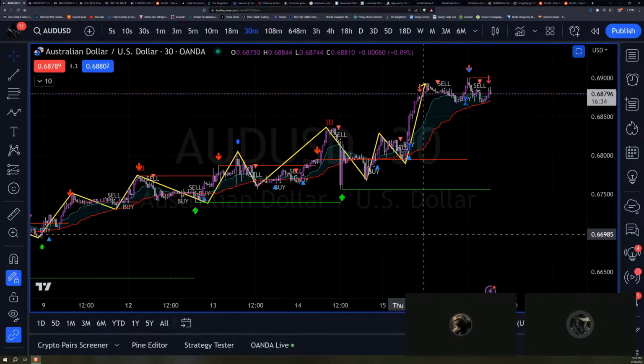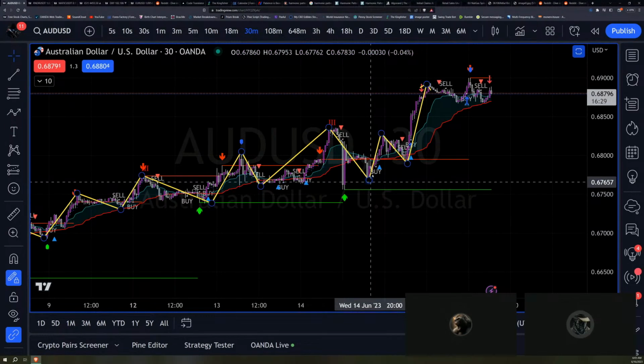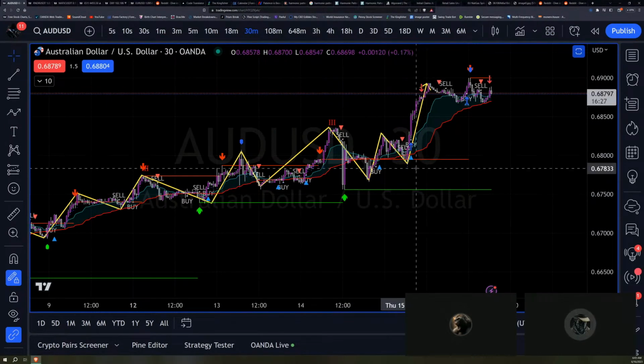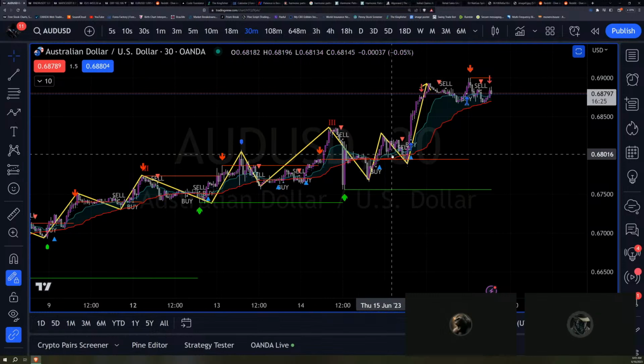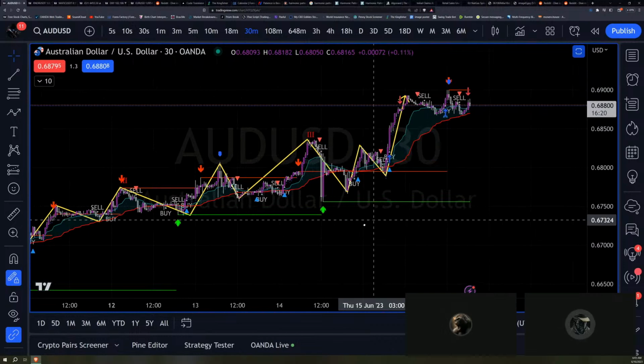I don't recommend doing both. That's my own experience: trying to trade the trend and then trying to trade against the trend, those two things at the same time psychologically don't work for me. So I trade the trend. The trend is my friend.